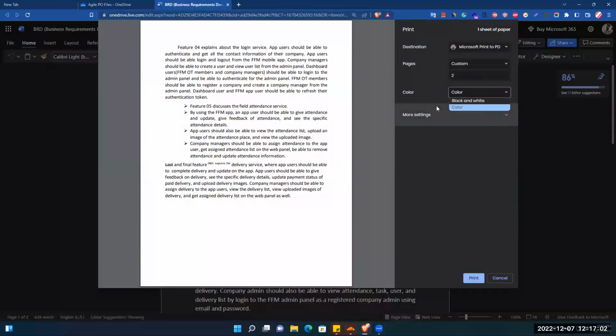And also the color: if you select color and your document contains some pictures or images, it will get the actual color. Otherwise, if you want to